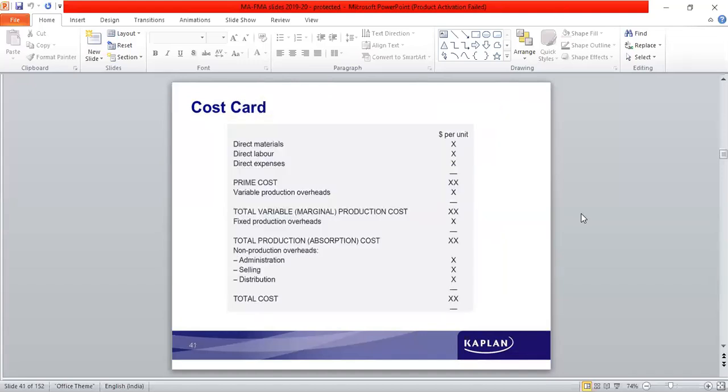After that, I don't know whether you've learned it in your college. This is the format of a cost sheet. It's also called a cost card, cost statement, cost sheet. So these are the terms which are used. So here we see that there are direct materials which are added. It's called prime cost. Then there is another aspect of it, which is indirect costs are added. I'll just take you to